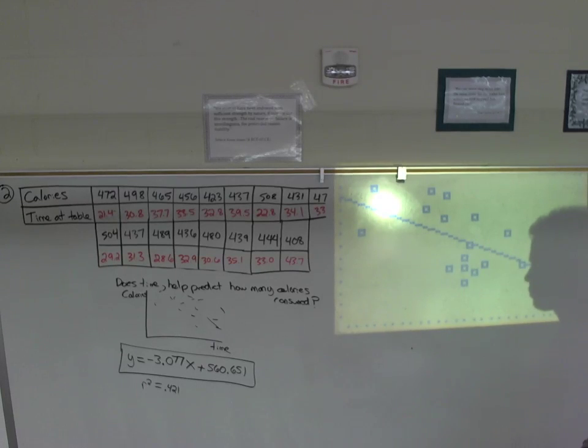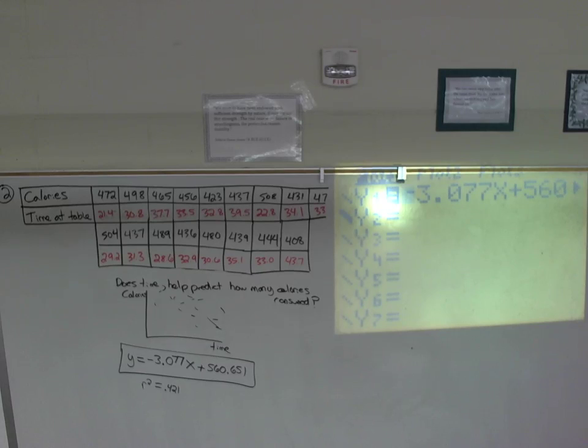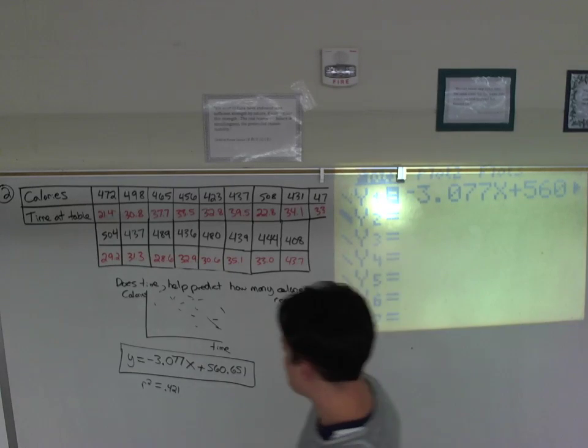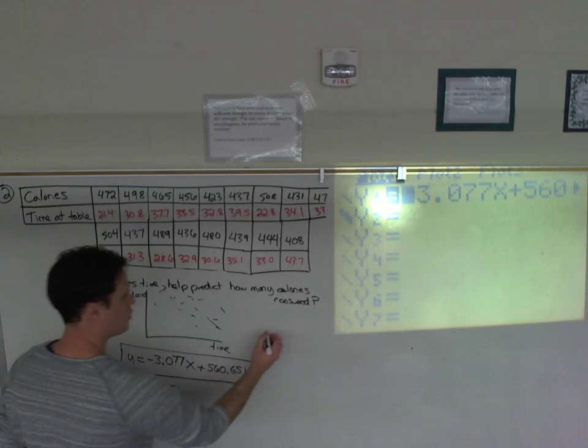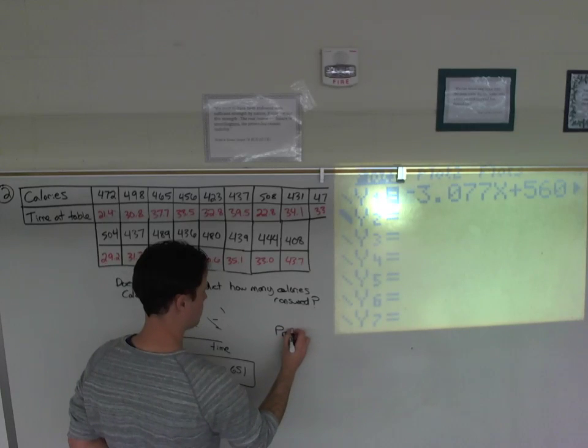Wait, so how do you get the line through it afterwards? I just went to y equals and I typed in the model that we calculated. I typed it in. Okay? You can always do that. Okay. So there's that one. Let's make a prediction. What if it said predict